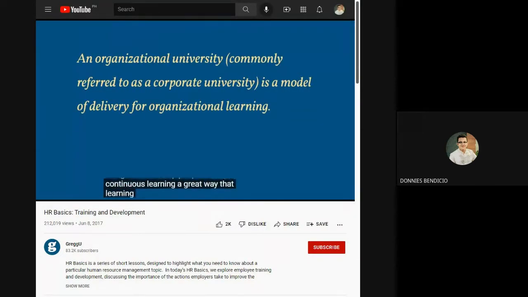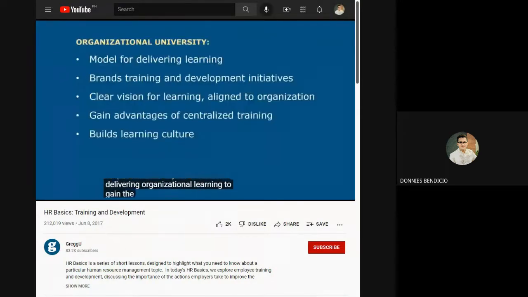A great way that learning organizations practically apply their commitment is an organizational university, commonly referred to as a corporate university, as a model for delivering organizational learning. To gain the advantages of centralized training, many organizations use the organizational university model. Organizational universities are internal, organizational entities designed to brand and execute training and development initiatives that foster a culture of learning. A corporate university can help make learning more